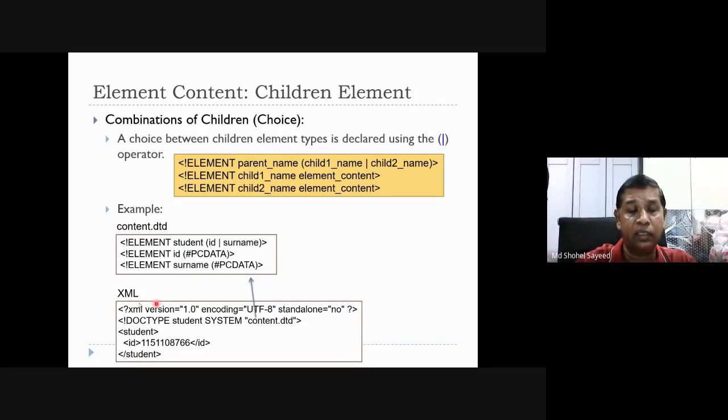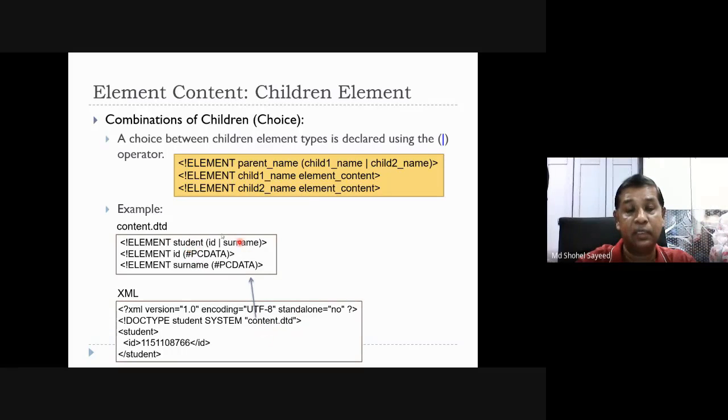Now look at the example. In content.dtd, we define the definition first for this XML document: element student (ID or surname), element ID PCDATA, element surname PCDATA. Now inside the XML document, declare the XML first, XML version 1.0, then encoding is optional. The document type is student SYSTEM, following the rules inside content.dtd.